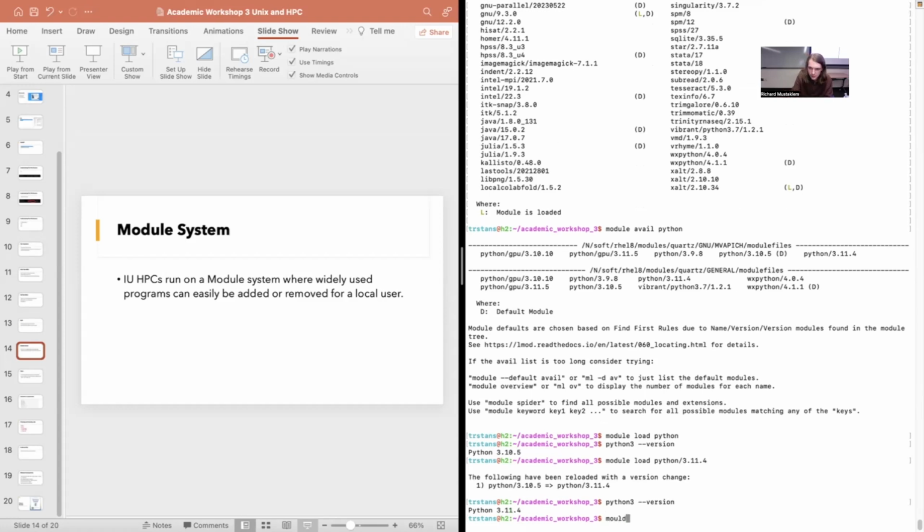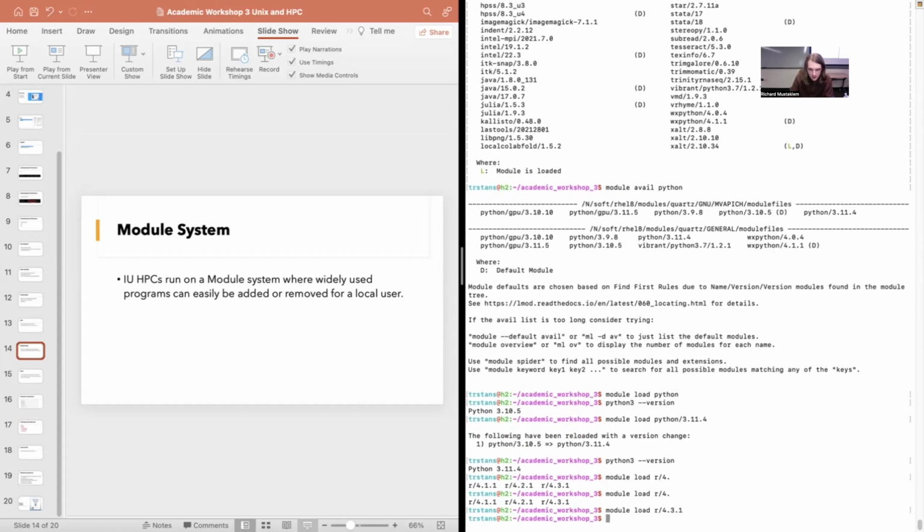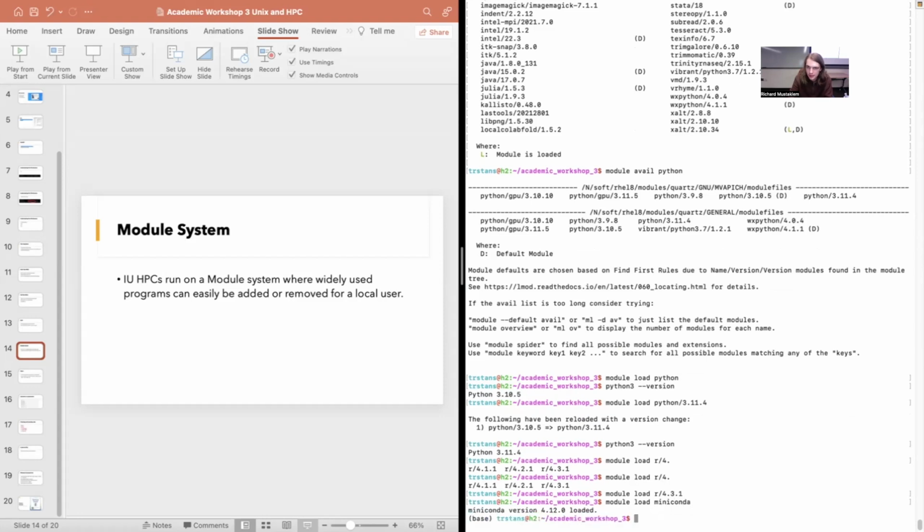Like I said, there's so many modules. Maybe you want to use R. Oh, got to add module load. So we have 4.1, 4.2, 4.3. Let's do 4.3. And let's say you want Miniconda. I keep forgetting the load. You have Miniconda, and so there's so many different modules you can get, but you can always type